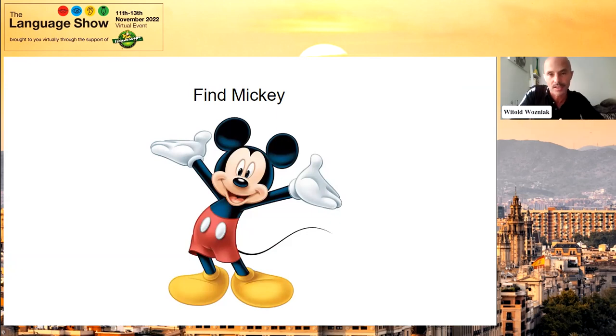All it is, you invite one student to leave a class, and this student, when he or she comes back to the class, will have to ask a question. That could be any question. It could be, for instance, what's your name? And everyone is giving the real answer, so is giving their real name, but one person is asked to say, my name is Mickey, and this person needs to be found. You give only 1 minute, and let's say 7 chances for this person to find